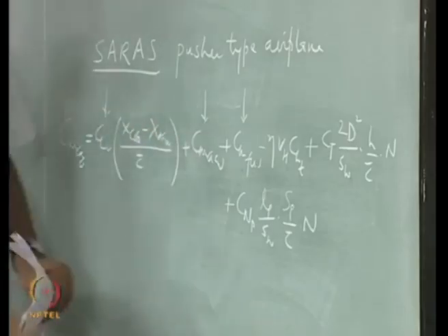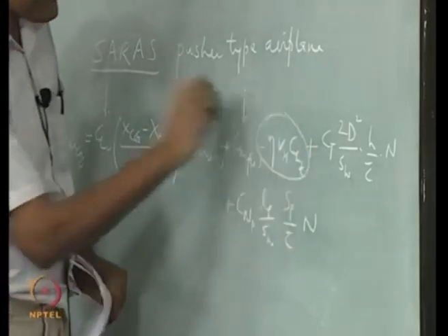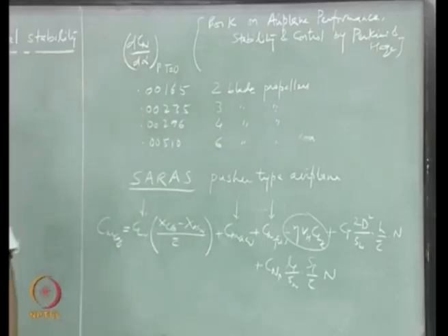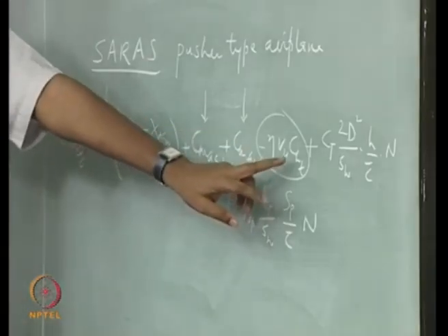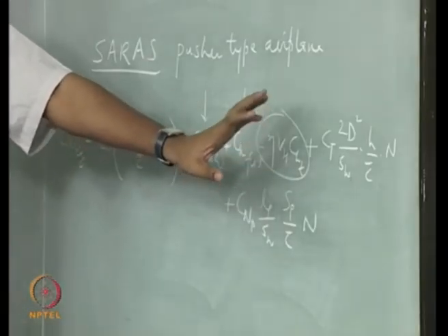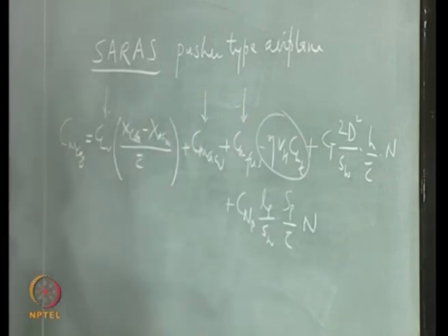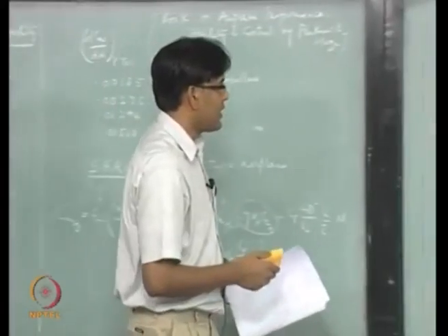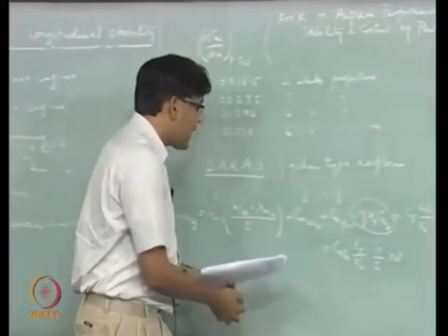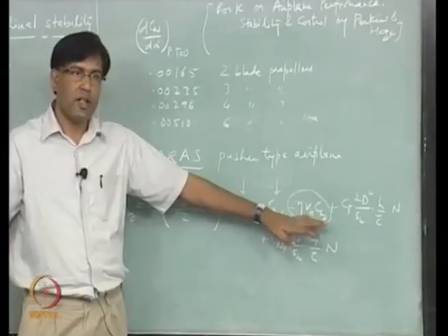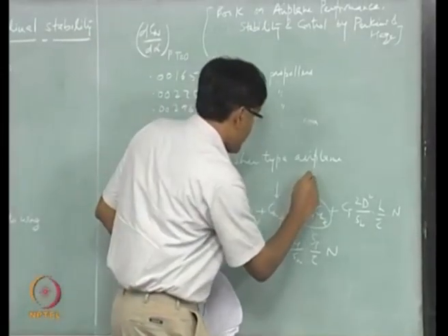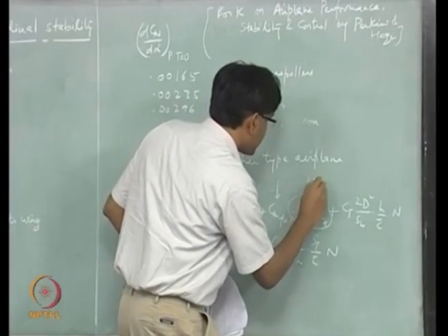The major contribution actually comes from this quantity. The tail, the flow field that the tail is seeing, is now different because of the propeller slipstream. So let us look at that effect, and that is a major effect. So this contribution